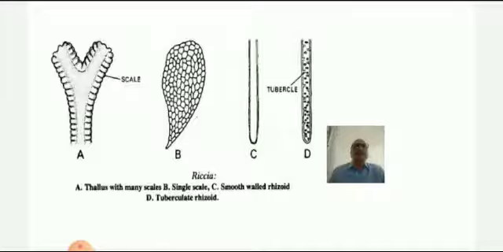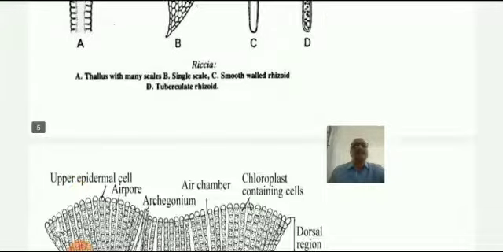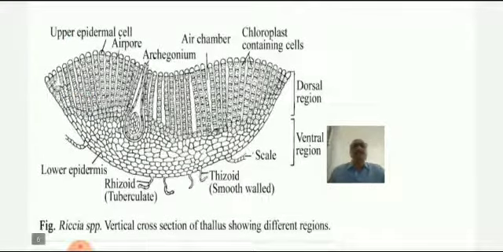After the external structure of the thallus, we will see the internal structure of the thallus. So this is a diagram of the internal structure of the thallus. A vertical section of the thallus of Riccia shows two distinct regions. These are number one, the parenchymatous or storage region. In the parenchymatous or storage region, you can see the colorless parenchymatous tissue without intercellular spaces.